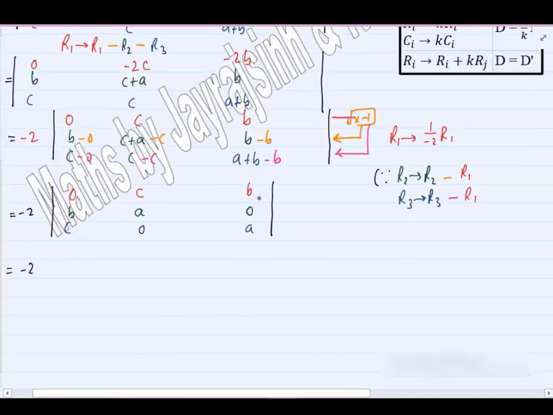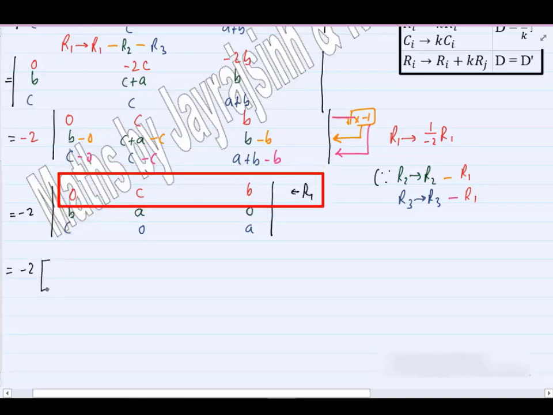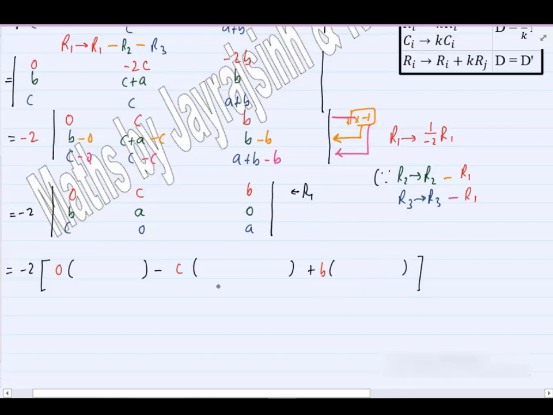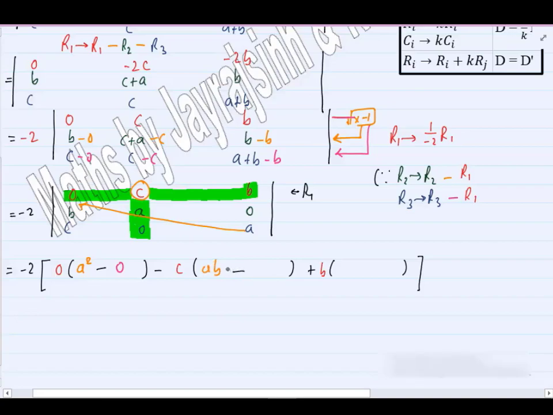It's preferable to open with respect to the first row. So let's expand. Just write down their elements: 0, minus C, plus. Now let's try to find the minor of A's. Multiply A with A will give us A square, minus 0 with 0 will give us 0, or we can say 0. Now the next minor is obtained by multiplying A with B, AB minus C with 0, 0, and the last one,